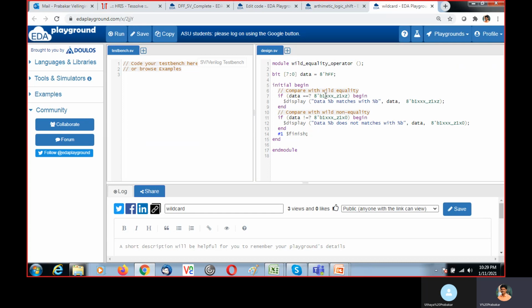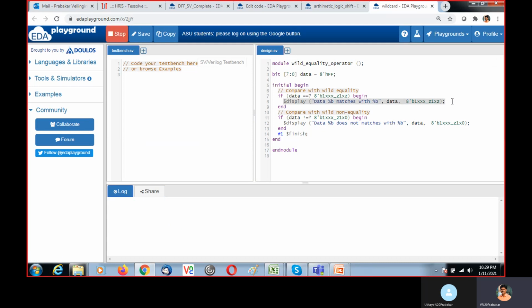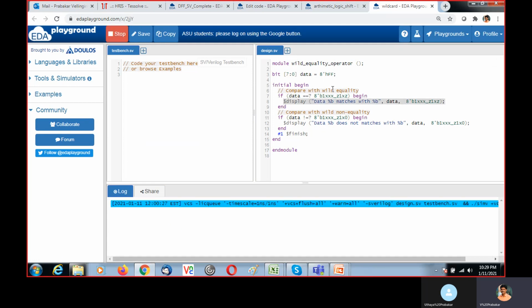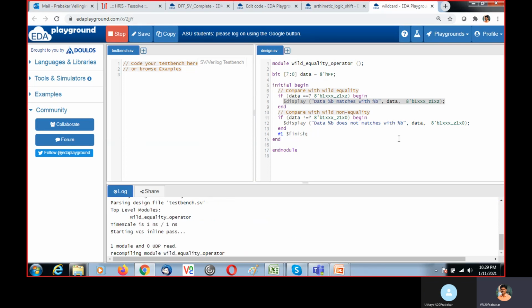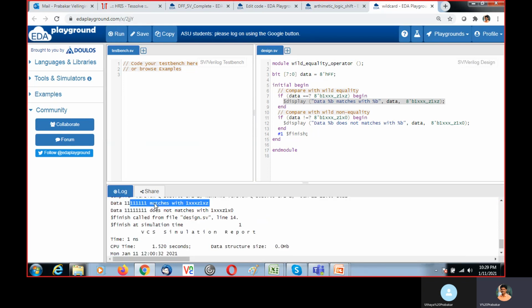As per this wildcard equality, if x and z terms are present, they are treated as a wildcard, that will be matched with the data. Instead of this x, it will take 1. Instead of the z, it will consider 1. So it will satisfy this condition, and you will get the display of this one, data 8-bit 1 matched with the given data. See here, this one is coming.